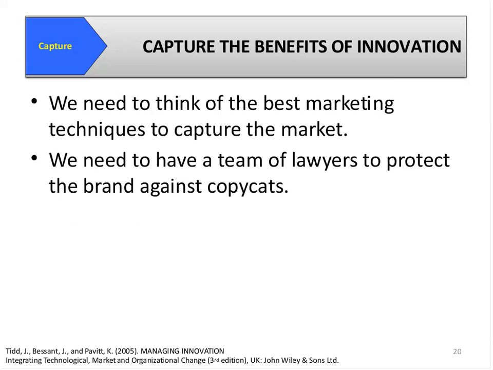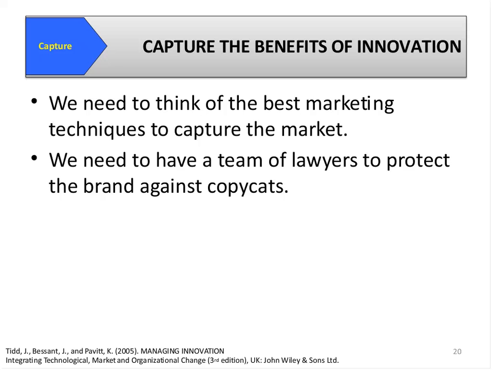And at the end, you need to capture the profits. We need to think of the best marketing techniques in order to capture the market. You need to obtain patents for your product so that if people copy it, you can sue them. If you have a technology, a machine, if you have come up with a new copy machine, for example, or a new, let's say, medicine,